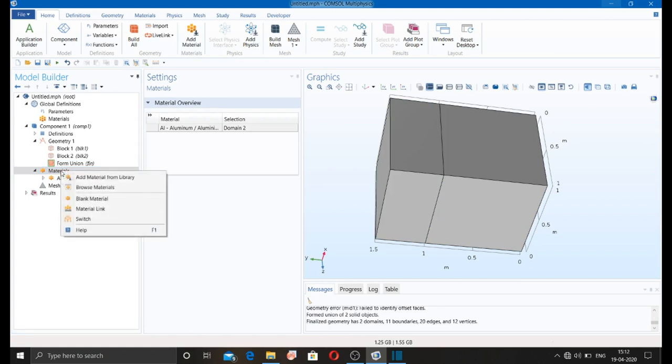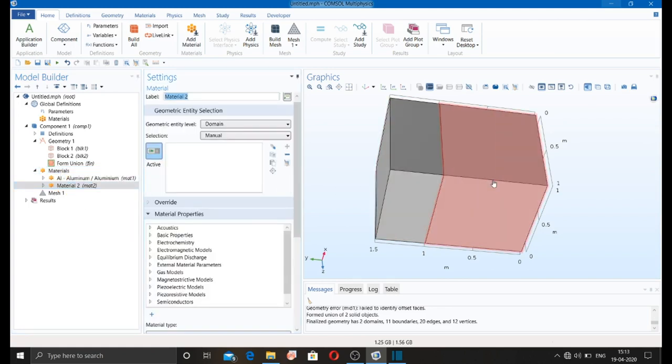So you can also give the blank material to your model. So I'm just selecting this and giving the basic properties to this particular domain. So I'm just giving density, Young's modulus, okay, or you can give different kinds of properties to this domain.